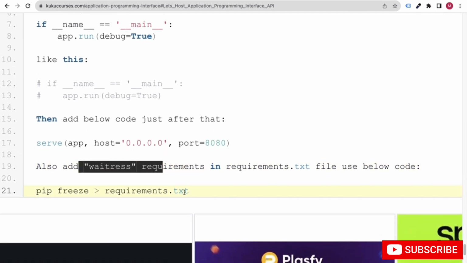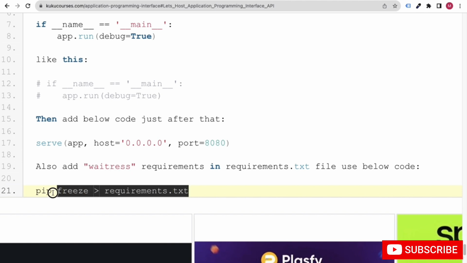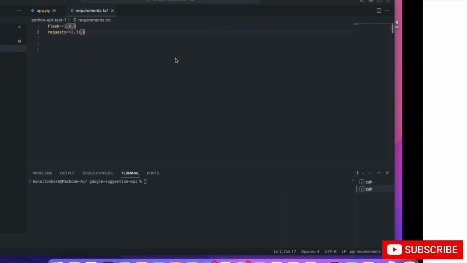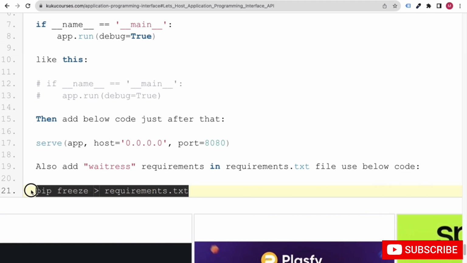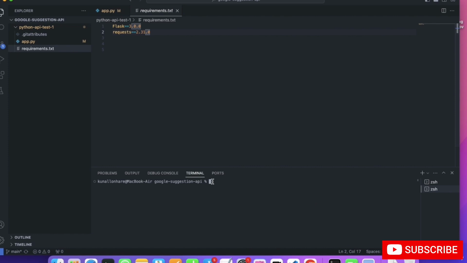Okay, so we can run this code again. Make sure that your file name is requirement.txt, which we have created. There only we have to use it. Just copy that and run it. In your case, just run this file and click on the enter button, but in my case I will use 3.